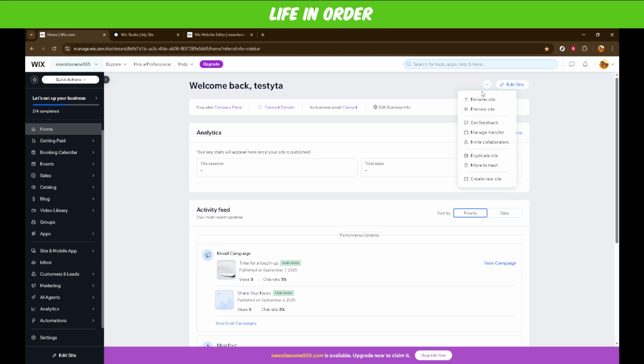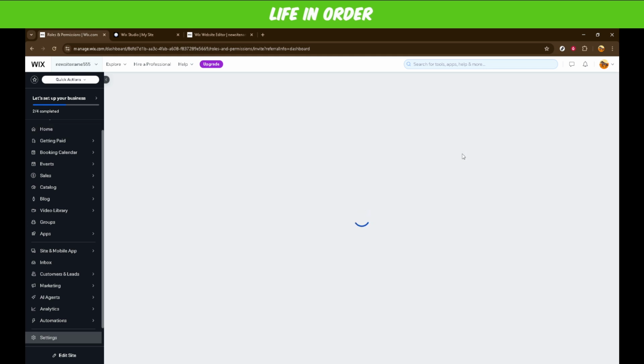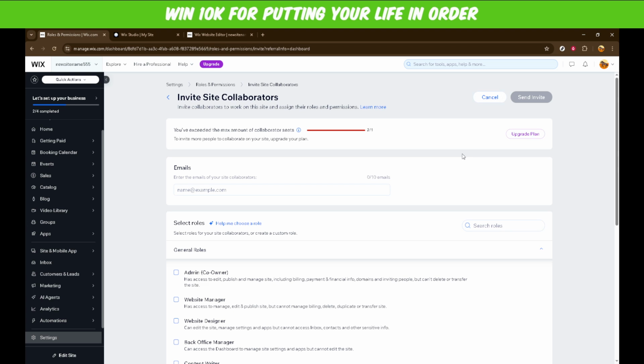In this menu, you'll find an option to invite collaborators. This is a critical step if you plan on working in tandem with others or having someone else assist you in the editing process. Inviting collaborators effectively gives permission to those individuals to make changes or improvements to the site